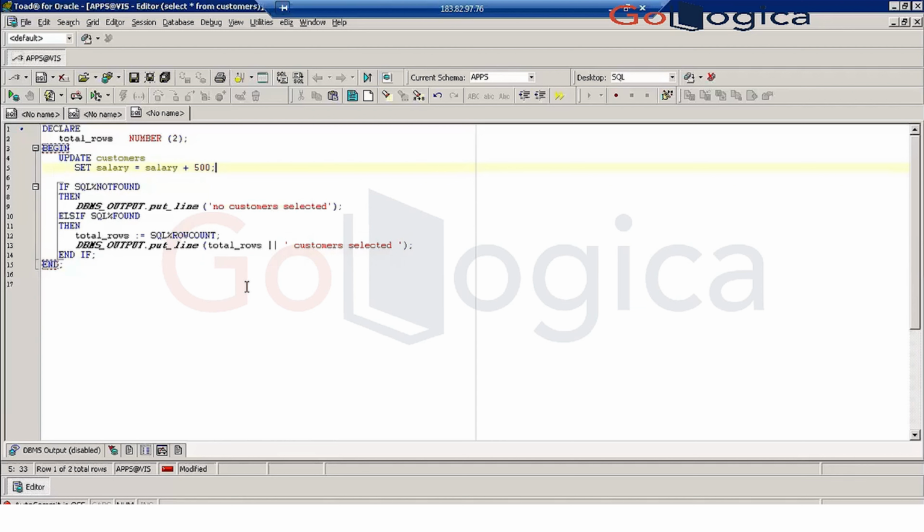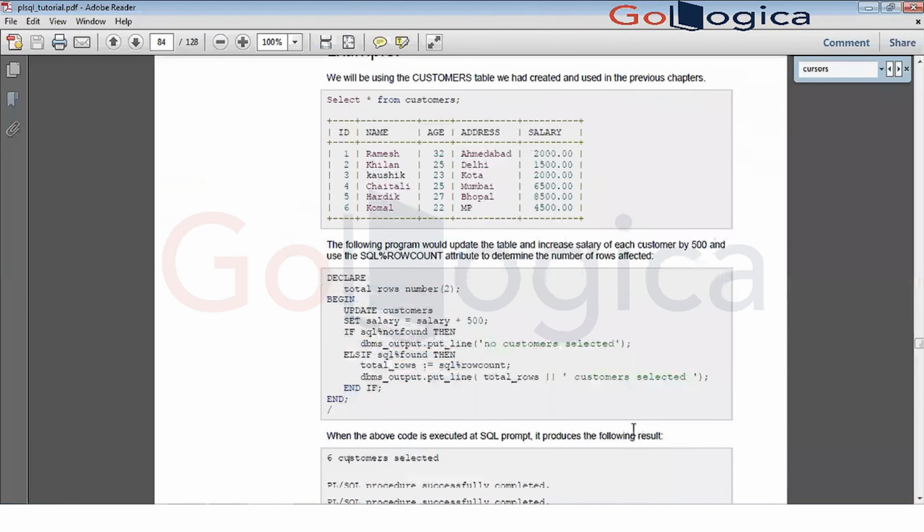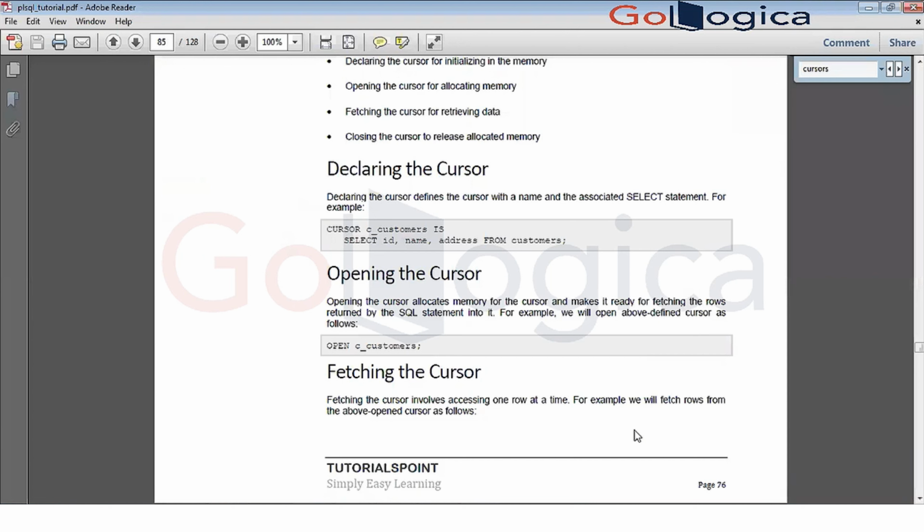By percentage row count. Okay, so I hope you understood now. This is the way you can use the percent attributes in the implicit cursors. Now, coming to the